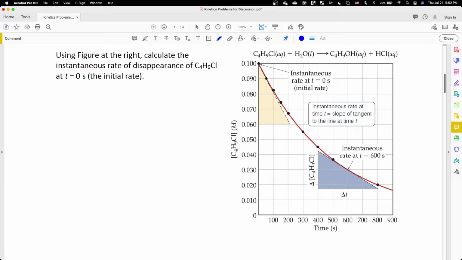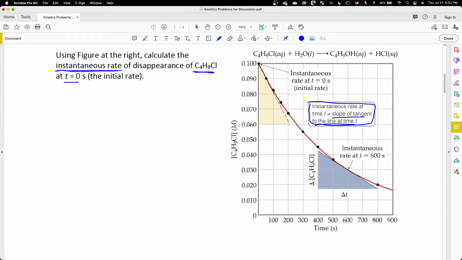So in this particular question, we had a slide in our notes that specifically taught us how to calculate an instantaneous rate, right? And luckily enough, here we have this box in the graph that tells you that the instantaneous rate at time t is equal to the slope of the tangent of the line at time t, right? So the question says calculate the instantaneous rate of the disappearance of, I think I said it was pentyl chloride, maybe, at